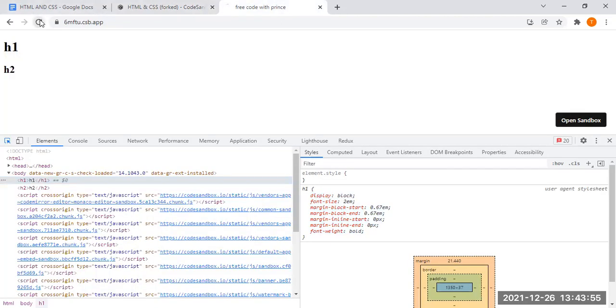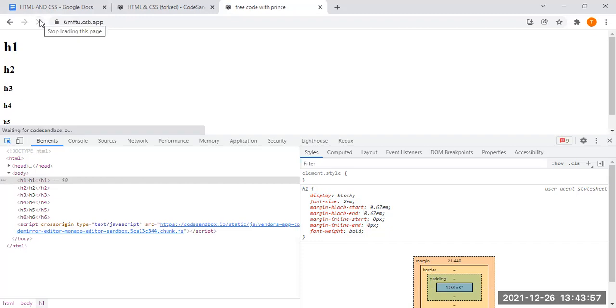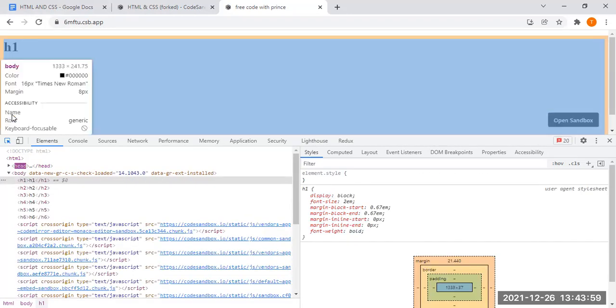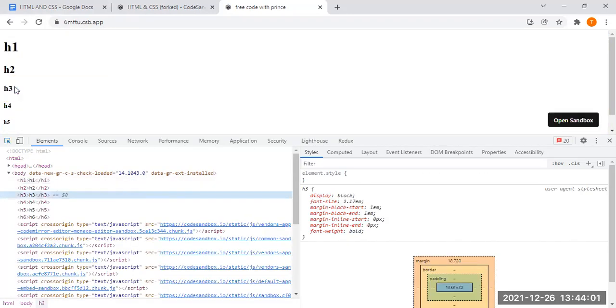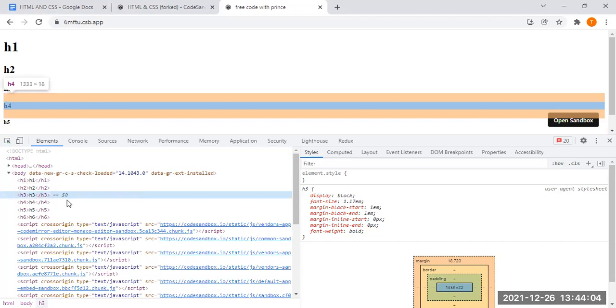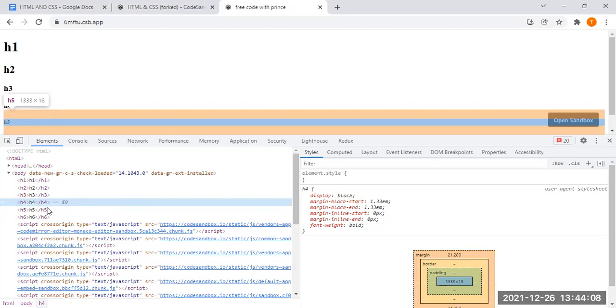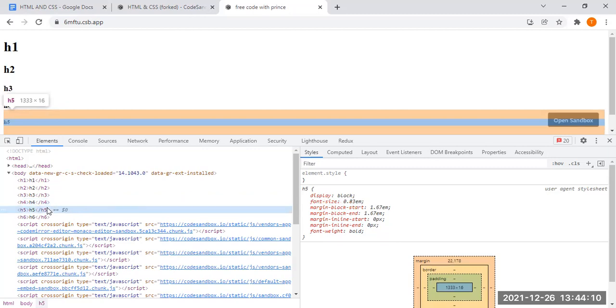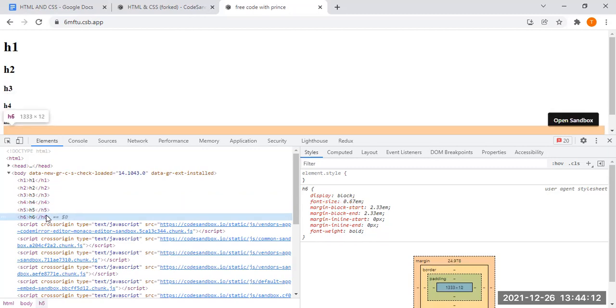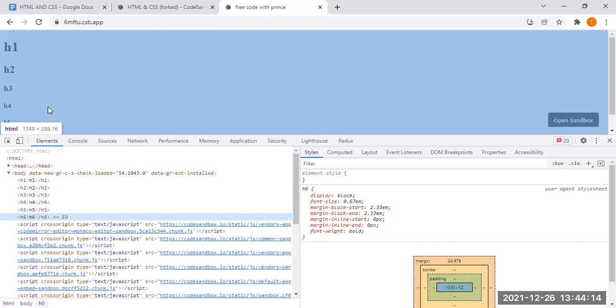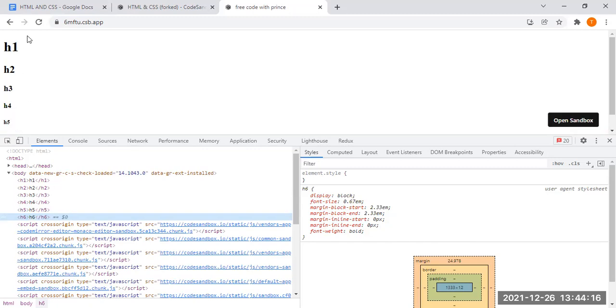That's because there are default styles being applied. Let me hover on this h3: the h3 font size is 1.17. This one is 1.33, h5's font size is 0.83, and this is 0.67. So it gradually decreases in size, but the other properties all remain the same.